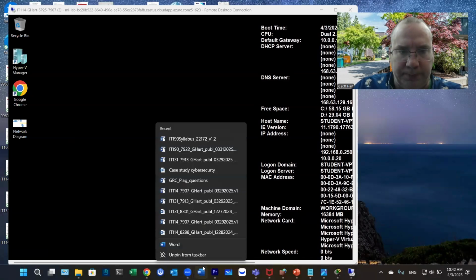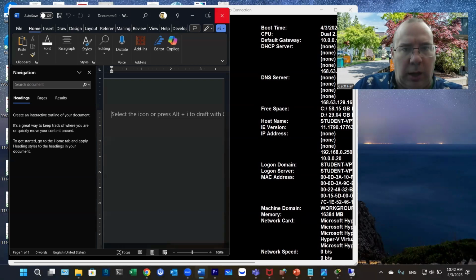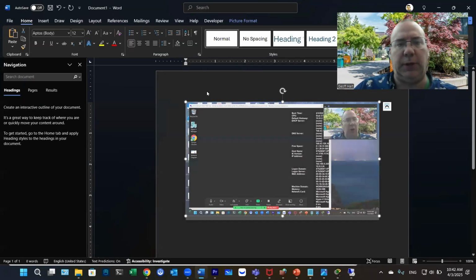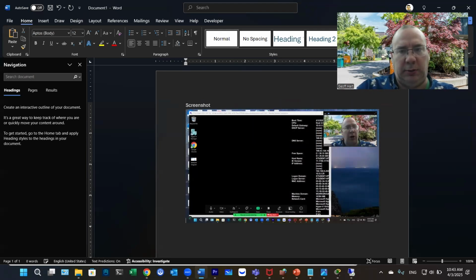And we'll go to Word. And we can paste this into our Word document. Okay, and maybe we put a heading on this, the image here, screenshot of Azure Lab Environment.